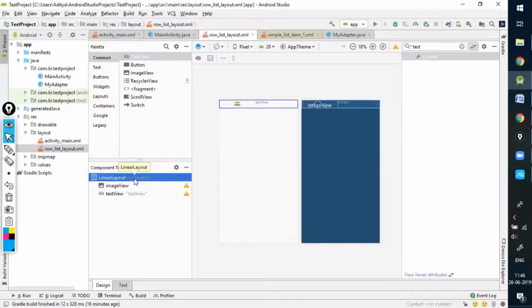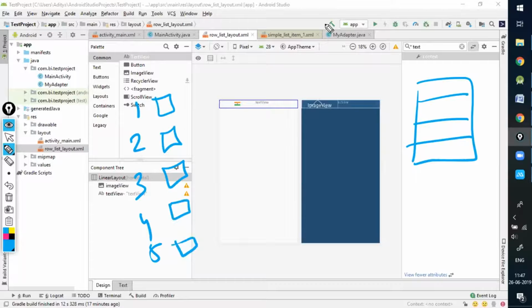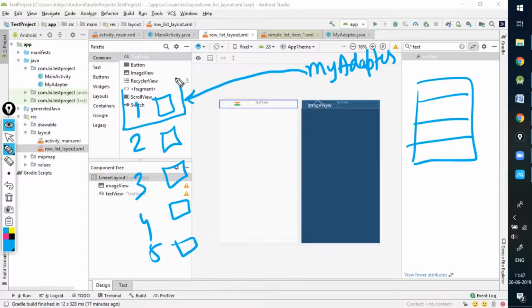So guys, what I did in this step is I simply designed a layout, and this layout will guide my adapter how each of my list elements will be looking. So what will the adapter do? Let's say I'm having 1, 2, 3, 4, 5 country names, and for each country, I'm having some flag. Now you have created an adapter which is known as my adapter. So what will this adapter do? This adapter will go to the first one, to the database. It will fetch these two values. Once it fetches these values, then it will store this one in place of the text view. It will store this image in place of this image.